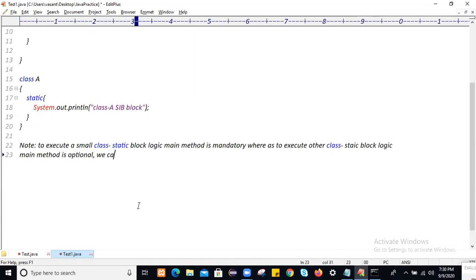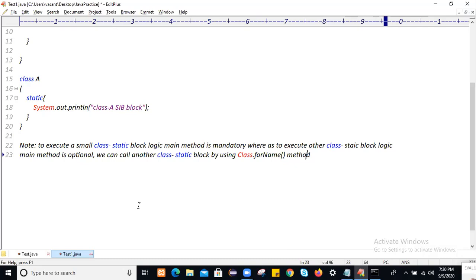We can call another class's static block by using the Class.forName method.